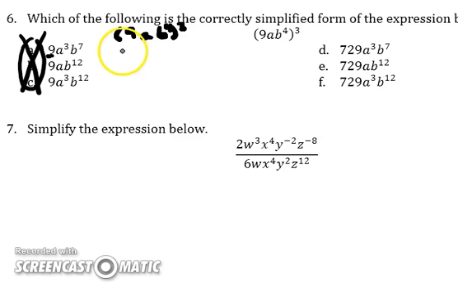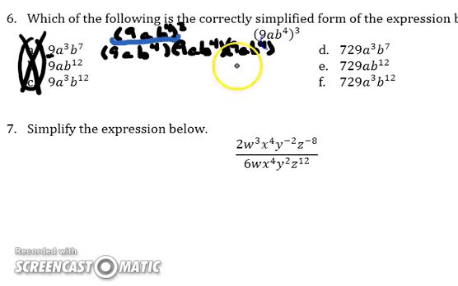What I'm going to do is write this out as a partially expanded form of this expression. So I'm taking everything that I'm underlining here in blue, I'm going to raise to the third power, or I'm multiplying it by itself 2 other times. So 9ab fourth, and then 9ab